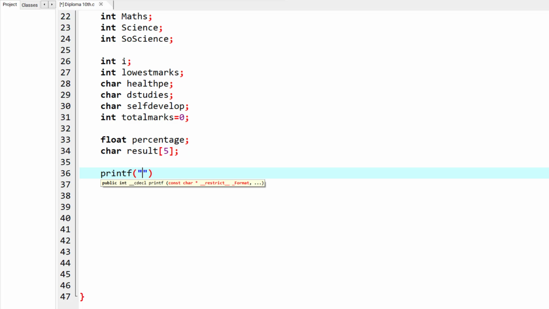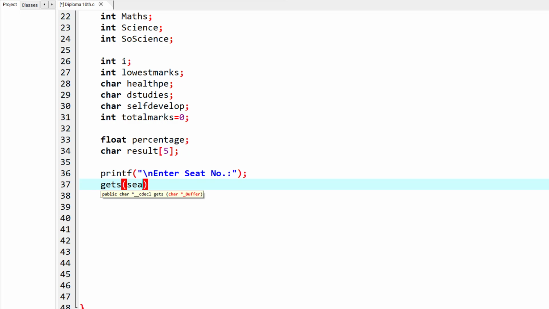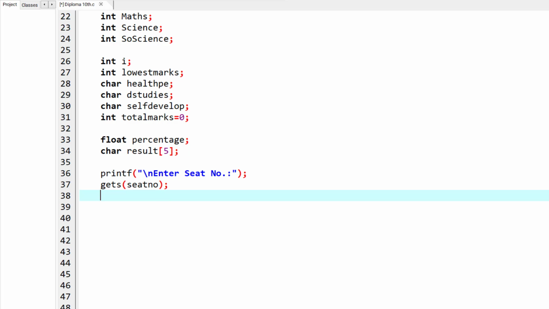printf("\n enter seat number"); gets(seat no); By using gets function, we can receive string data from the user. Here we can use scanf function instead of gets, but gets is better than scanf. fflush(stdin);